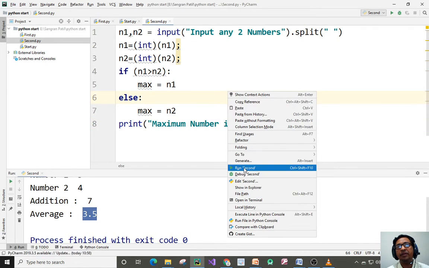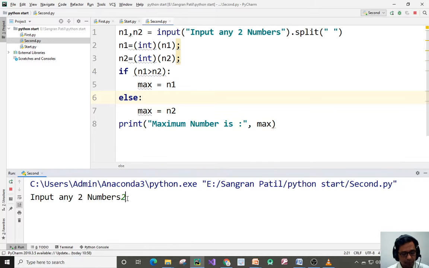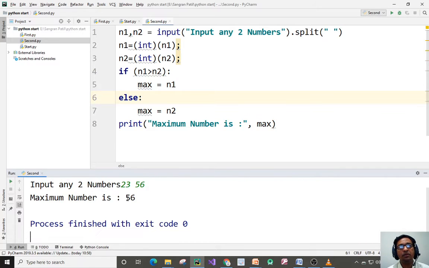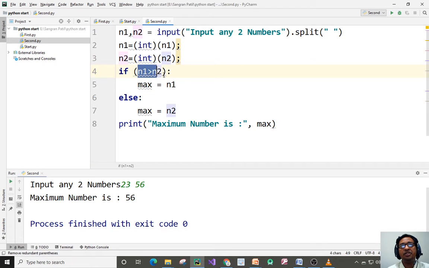If I run this and input two numbers, the maximum number is 56. Indenting is the most important part in Python.